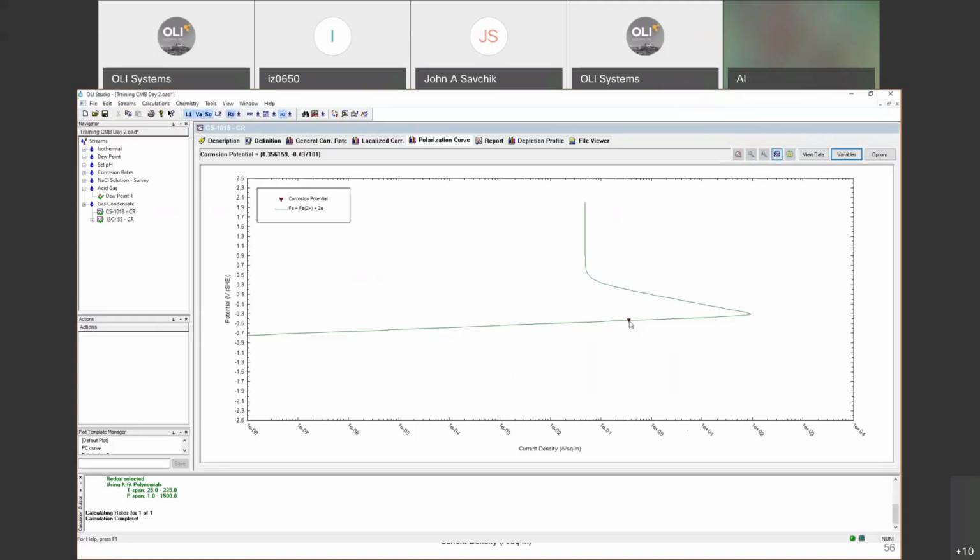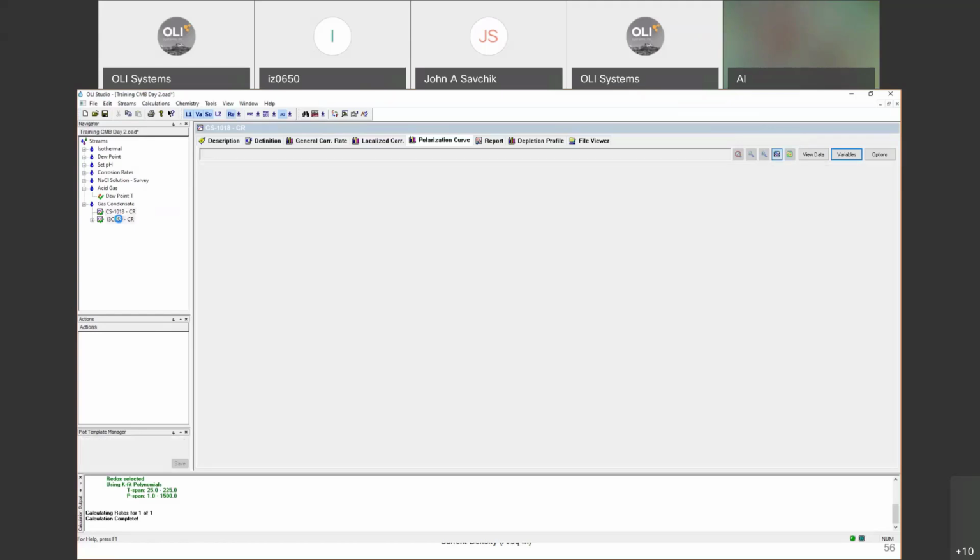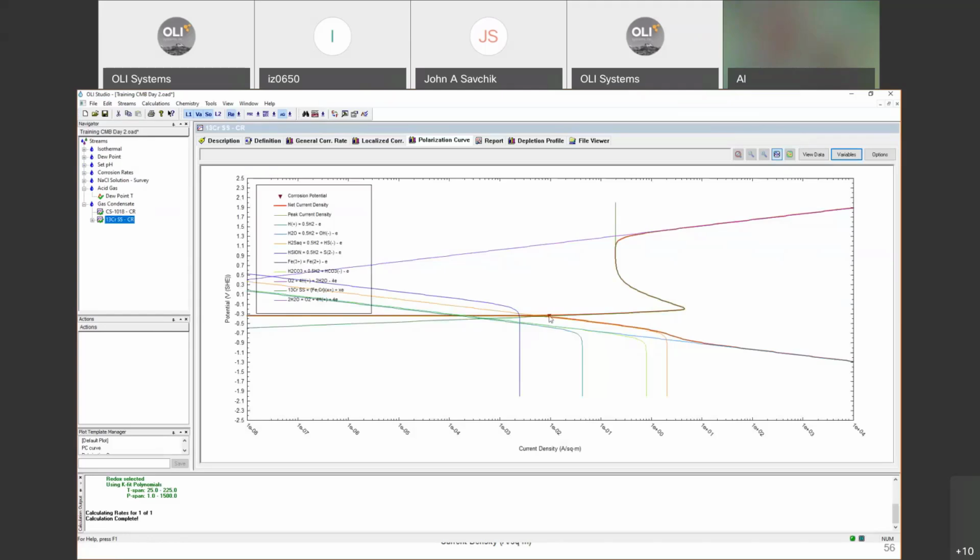0.35 amperes per square meter. So this is significantly higher with respect to the corrosion current density for 13 chrome. So again, we're having the effect of both. We're having a decrease in